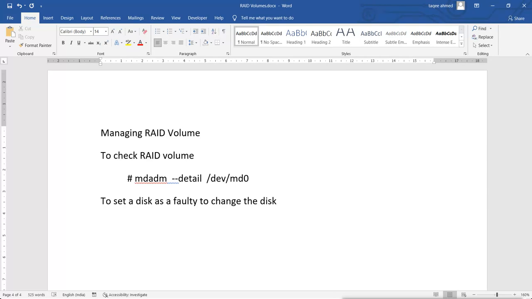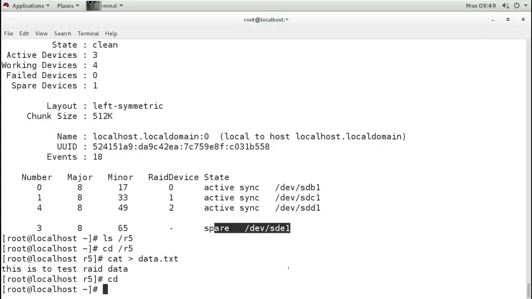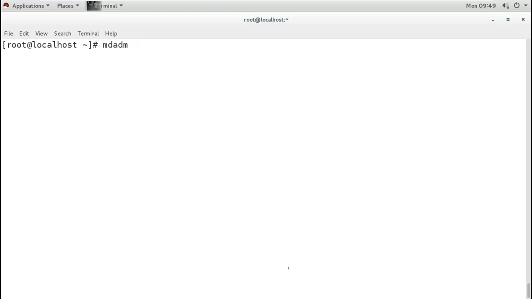Now to set it as faulty, we will use the command mdadm again. mdadm, and then hyphen capital F, dev sdc1, and then from md0.